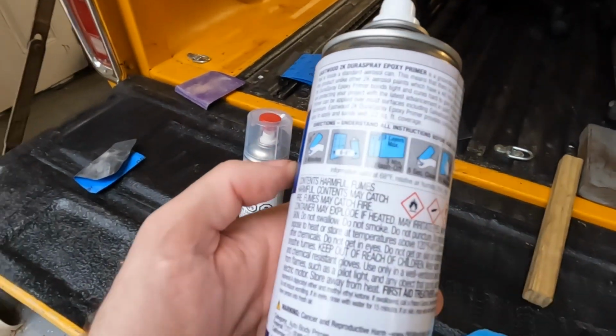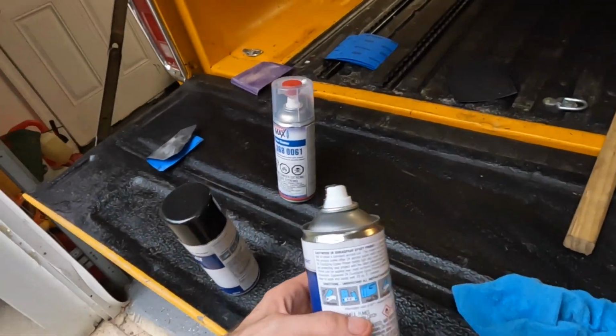So I'm gonna get those 3 coats in tonight, and then let that dry up really good. Probably won't get to it until tomorrow night. And then I'll sand it, go from there, and if I need to do a few more coats of primer,